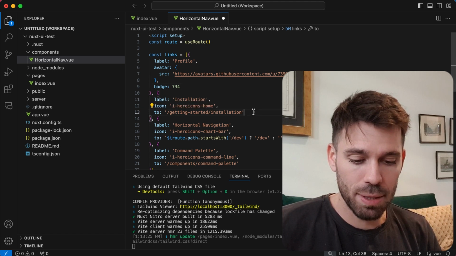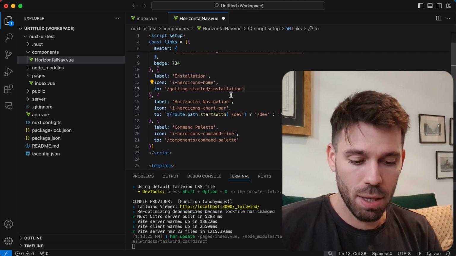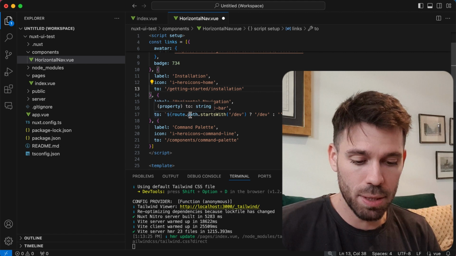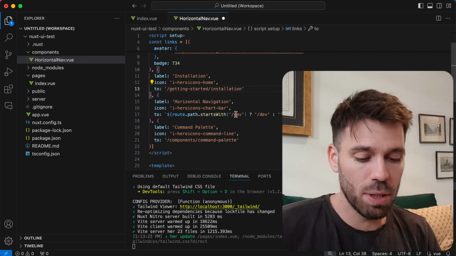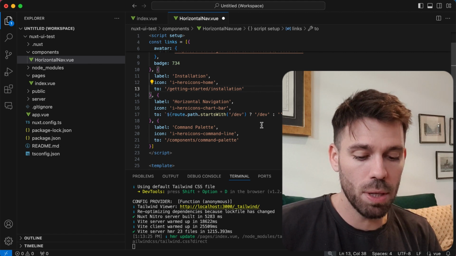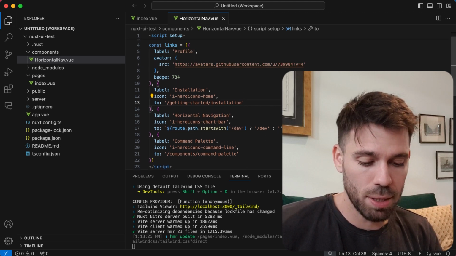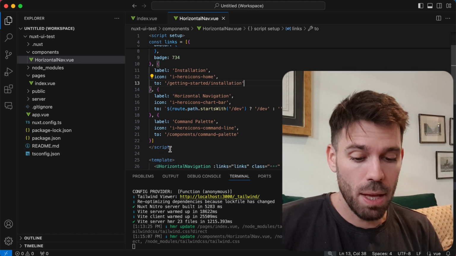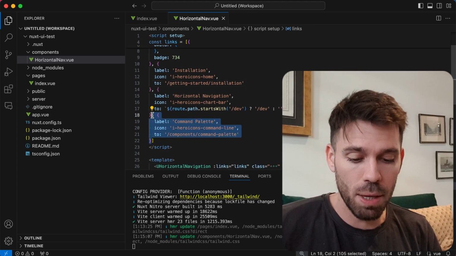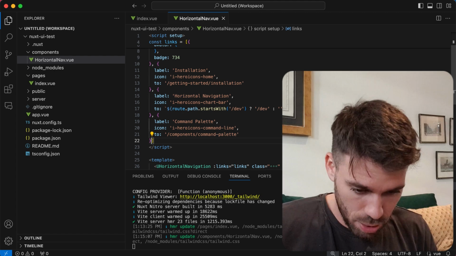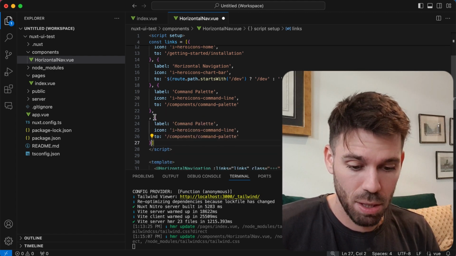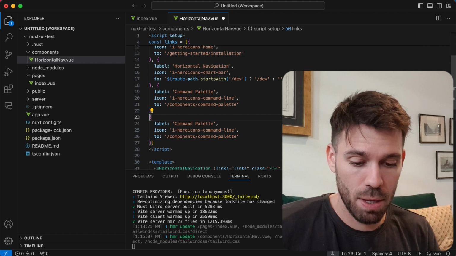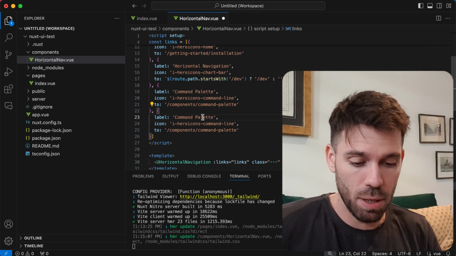And then you've got the links. Okay. And then this is going to be some sort of conditional. Oh, if you're in like a development environment, probably. Okay, well I guess they've just done that to give you some sort of example. Let's just add our own one then. Let's just add like an about link. So about